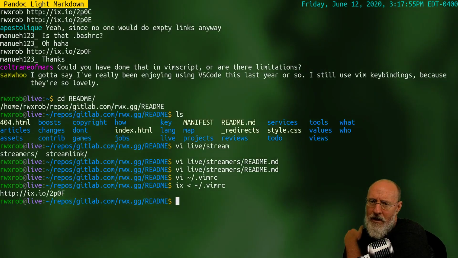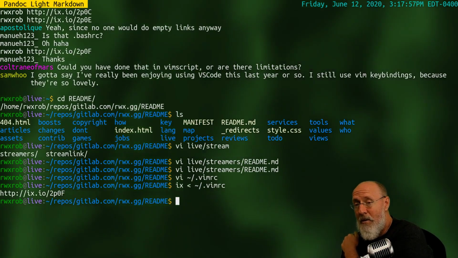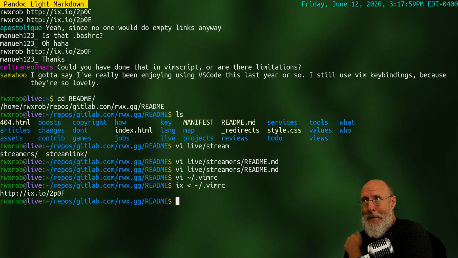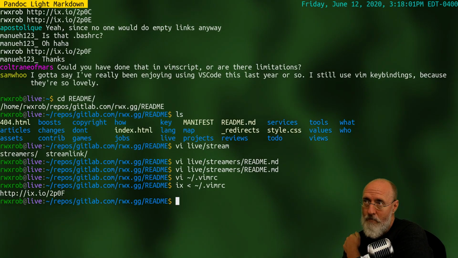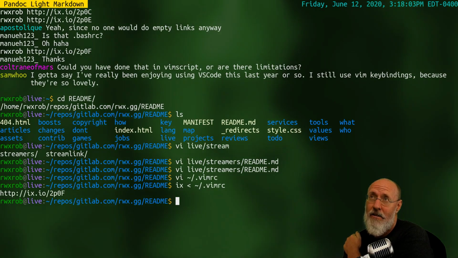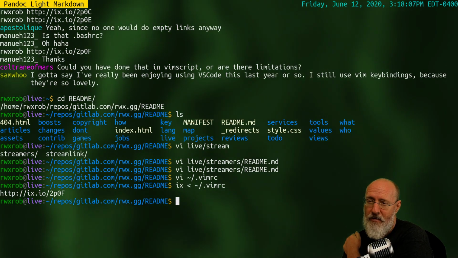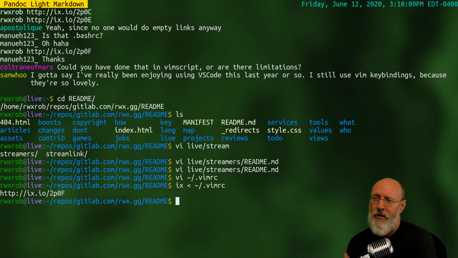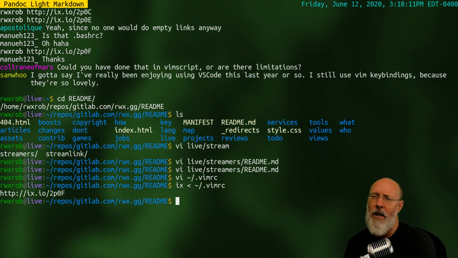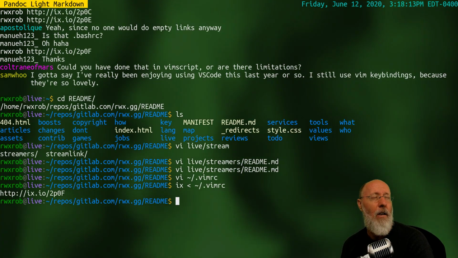Memorize them. I use Vim bindings on VS Code. To be fair, I used VS Code for 2 full years and dropped Vim except for systems administration. I was doing a lot of web development, and I would say that was probably